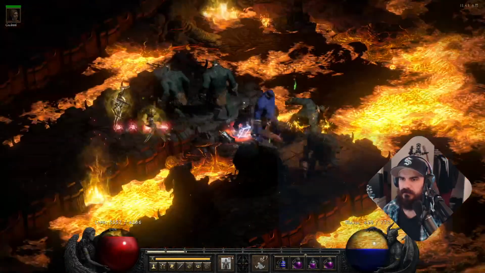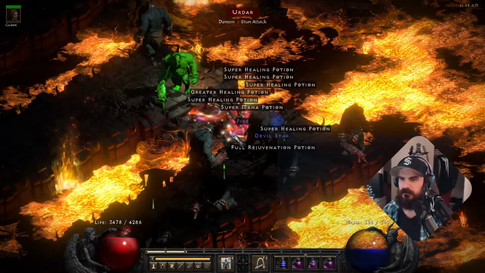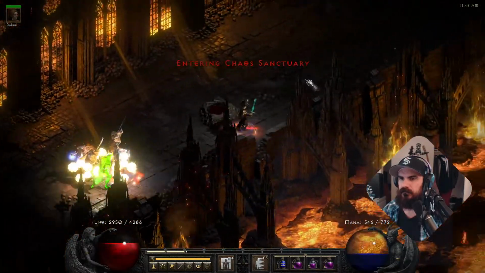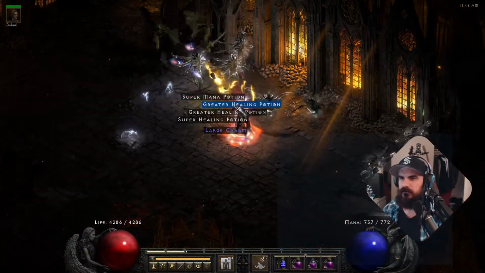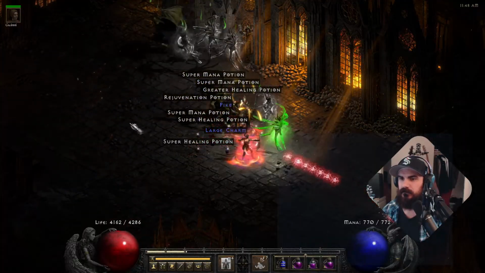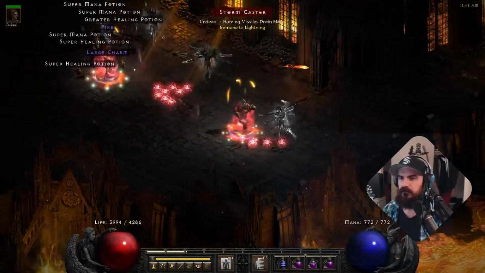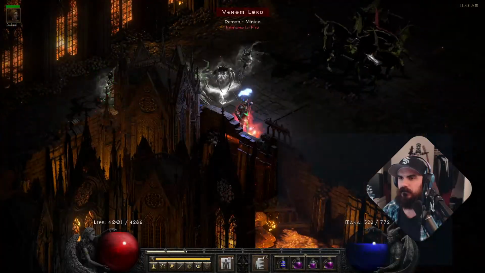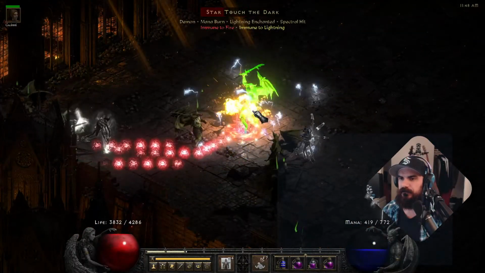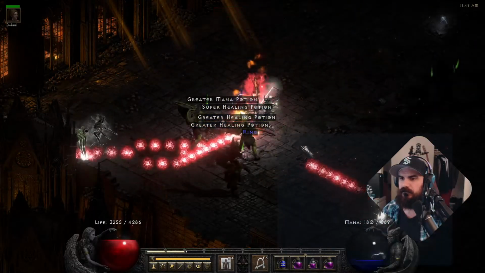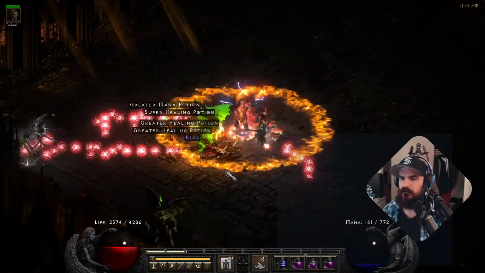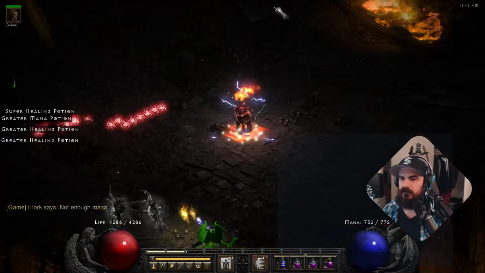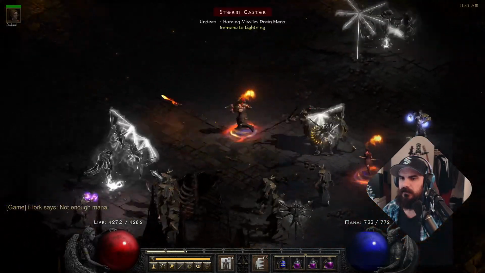Oh, here's... Oh, there's a pack. There might be a pack over here. No. You don't have enough mana.